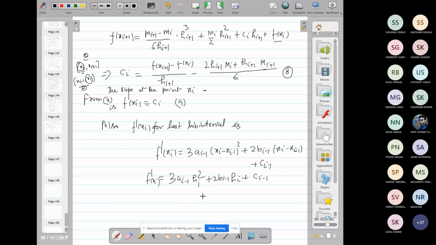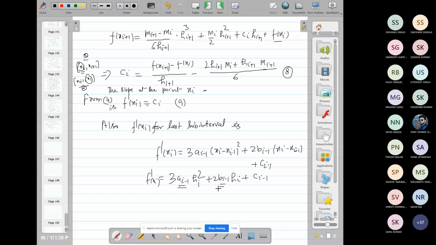So then after using, as in the previous case, same here, this will be f dash xi minus 1, ci minus 1, using ai minus 1, ci minus 1 and bi minus 1. So then we obtain, using ai minus 1 and bi minus 1,